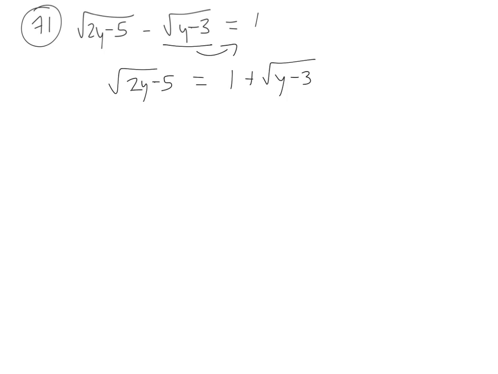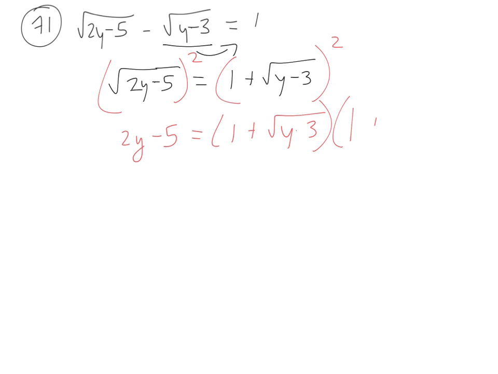Once you have a radical isolated, then I can use the principle of squares to get rid of it. So I'll square this, and I'll square this. So on the left side, easy, 2y minus 5. On the right side, not as easy, because this is a binomial, so I have to write out two of them,